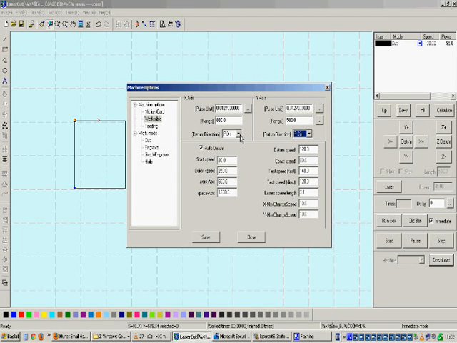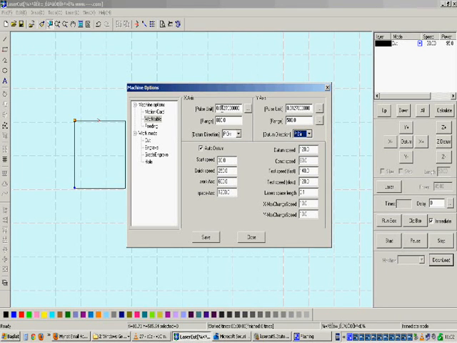Most of the time it is the right top corner, because on the right top corner there are limit switches. So in the positive X and positive Y direction, it will move and hit the limit switches and then